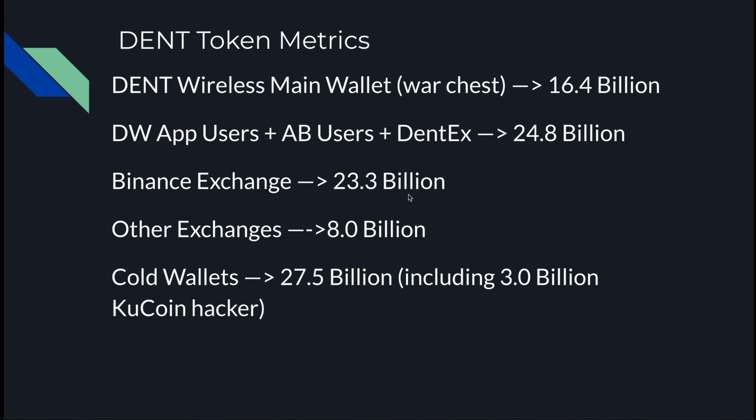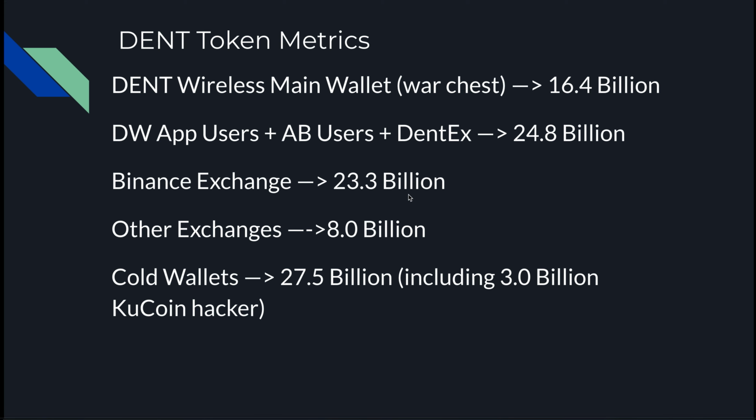And we have 37,000 token holders for DENT tokens, which is a significantly low number compared with Omisco or Tron, or even XRP, which have more than 500,000 token holders. So DENT has just got 37,000 token holders. That's a significantly small number. So you could potentially see a surge in the number of token holders in the near future. That could contribute to the demand for the token as well.